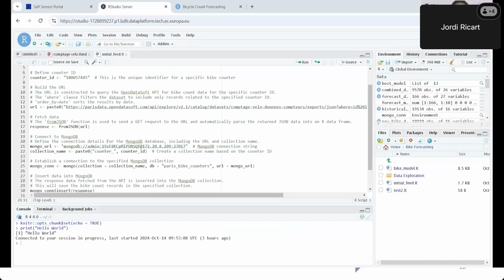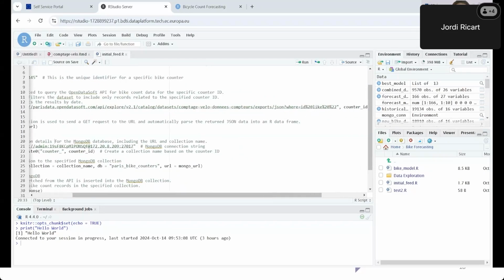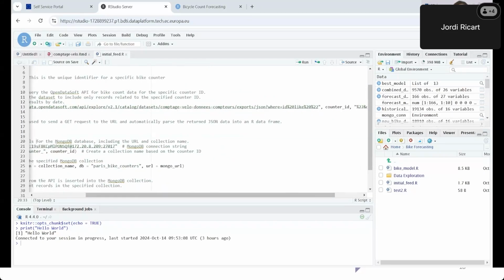And it's crafted to access the OpenDataSoft API, specifically targeting the bike count data for our defined counter ID. So the where clause filters the dataset to include only records related to our specified counter ID. And the order by date parameter ensures that we retrieve the data sorted by date, which is important for our analysis later on.